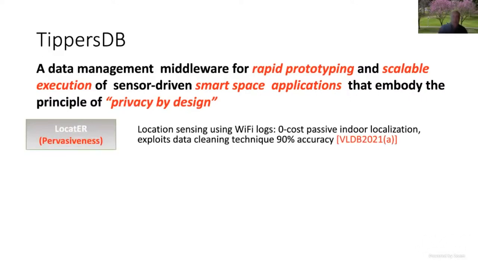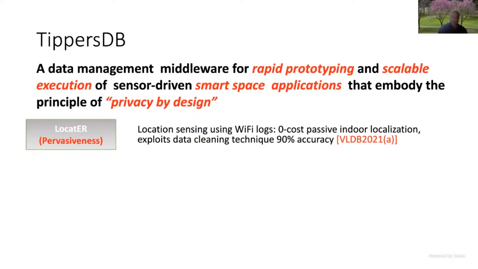And the idea here is to exploit existing Wi-Fi infrastructure, which is ubiquitous. So when people connect to Wi-Fi access points through their cell phones or mobile devices, we can use that for localization. Now, exploiting Wi-Fi technology for localization is not a new idea. It has been ongoing for a significant amount of time.